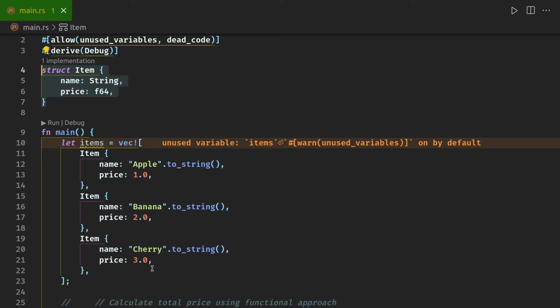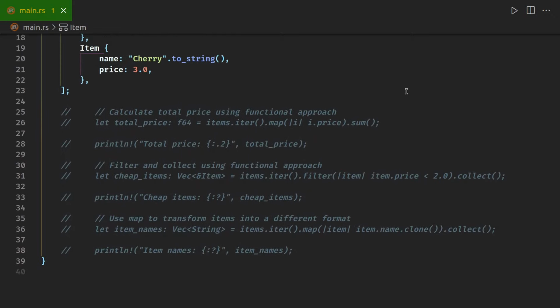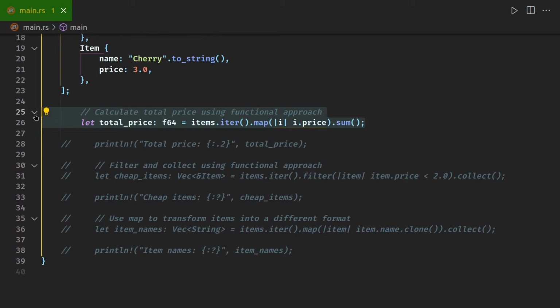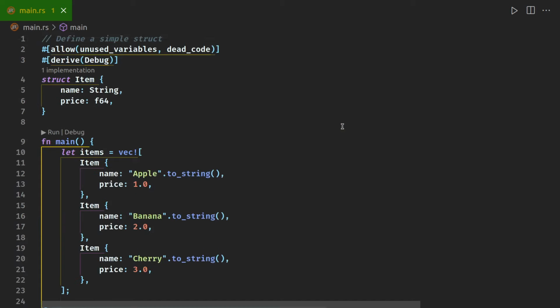So the first example, we will calculate the total price. We will iterate over all of the items, each of those 3 items, and then we'll map the price out of each of those, and we will sum those up. So if we run that,